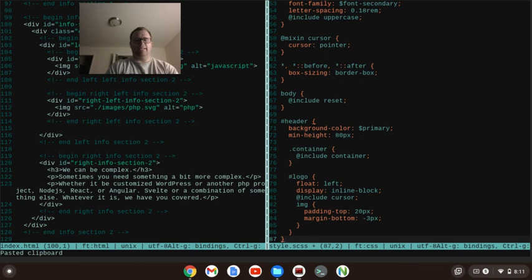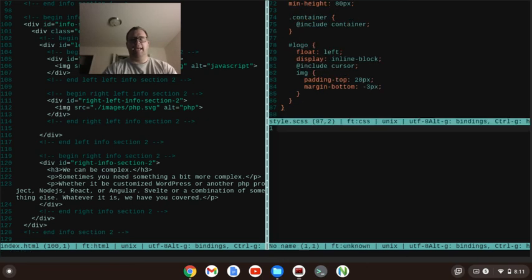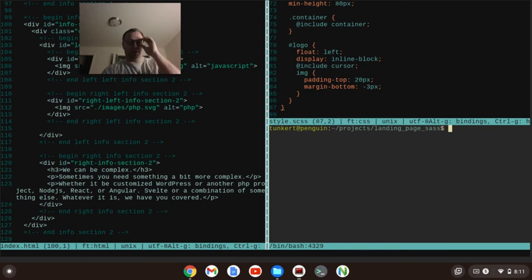And let's actually save it at this point. Now what I'm going to do, I'm going to hit Control E, and I'm going to do a horizontal split. Then I'm going to hit Control E again and type term, hit enter. That's going to give me a terminal here, okay? And so what I'm going to do to compile this so we can just see where we're at is I'm going to type SASS and then style.scss, that's the file we're working on, and then the output file, which is going to be just style.css. Hit enter. That's going to run, and it quickly compiled the SCSS file into